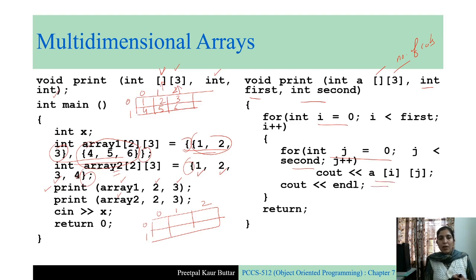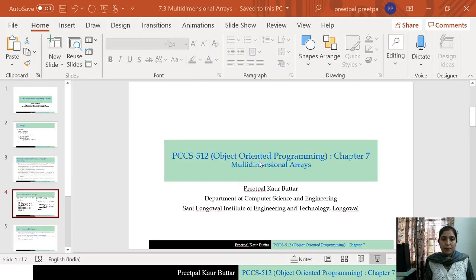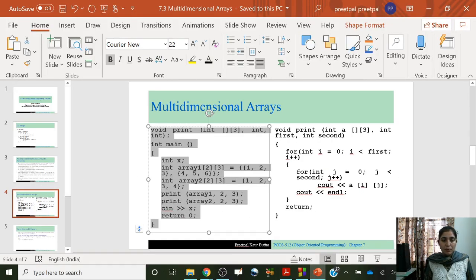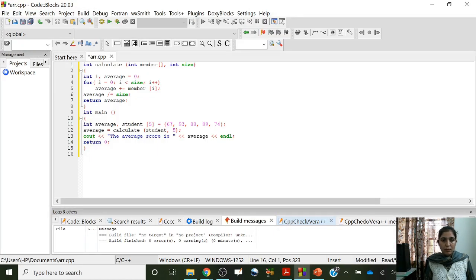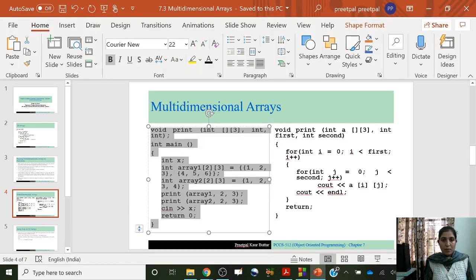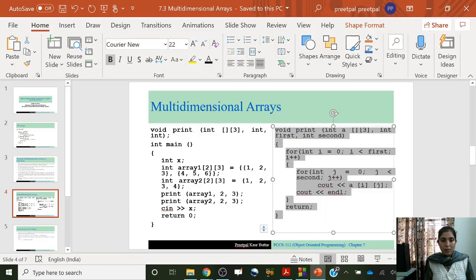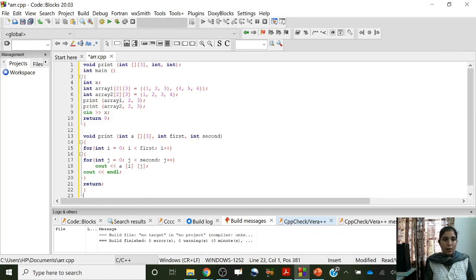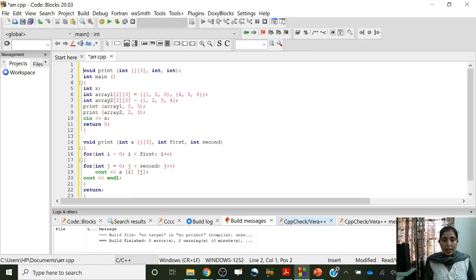Now let us see how this is working in code blocks. Let me include the header files also.